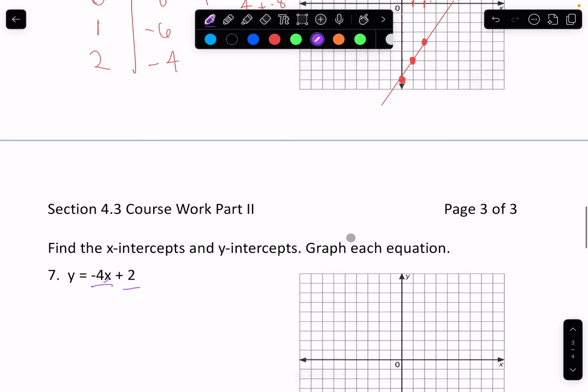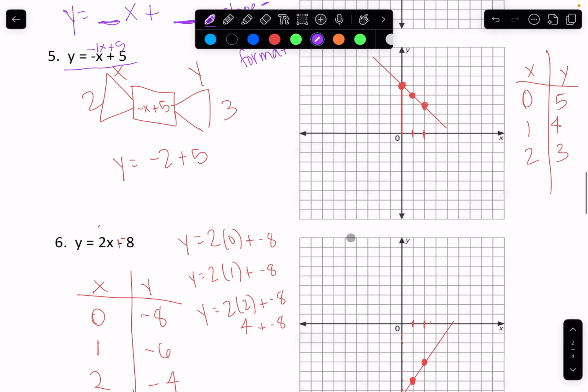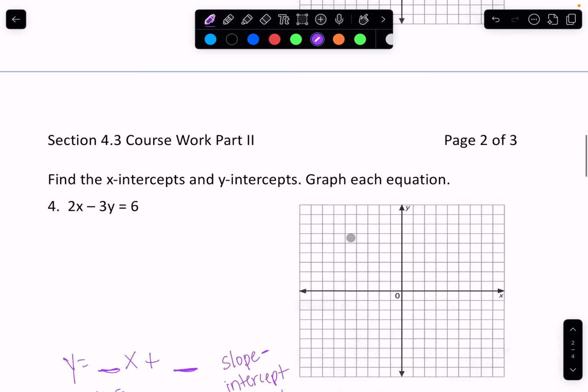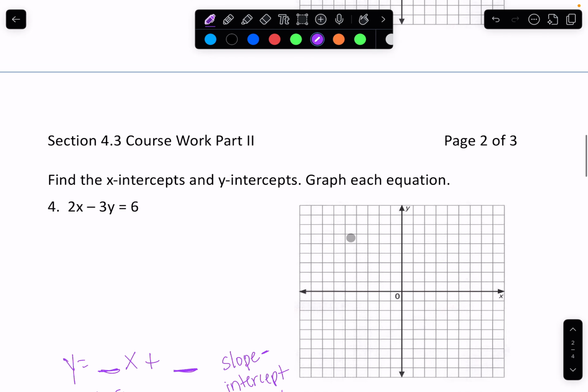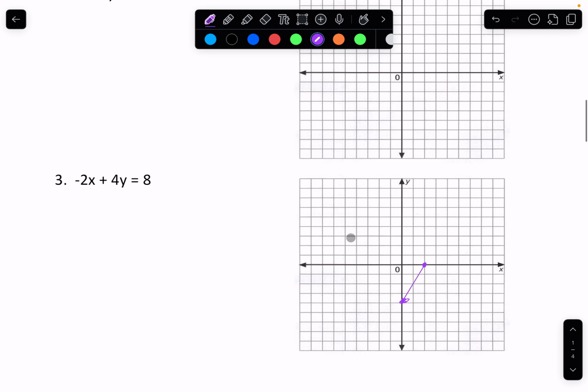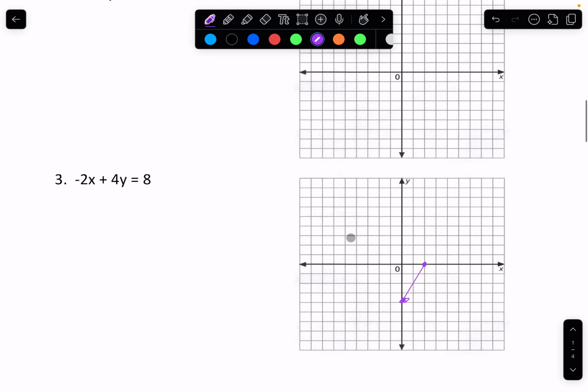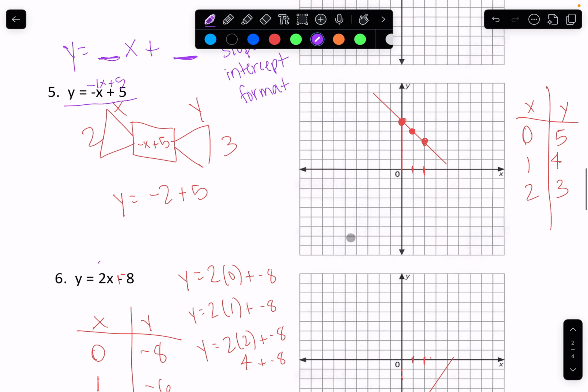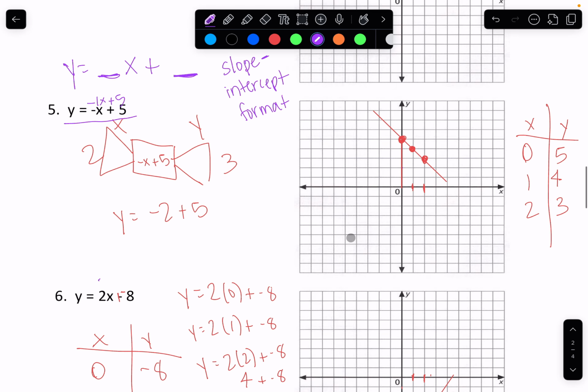All of these are written in a very similar format, okay? And you might be like, I have no idea. What would be different? This will be different. 2x minus 3y equals 6. That's different. That's not y equals something x plus something. None of those are that, okay? So these that we're working with right now are called slope-intercept, and that's because